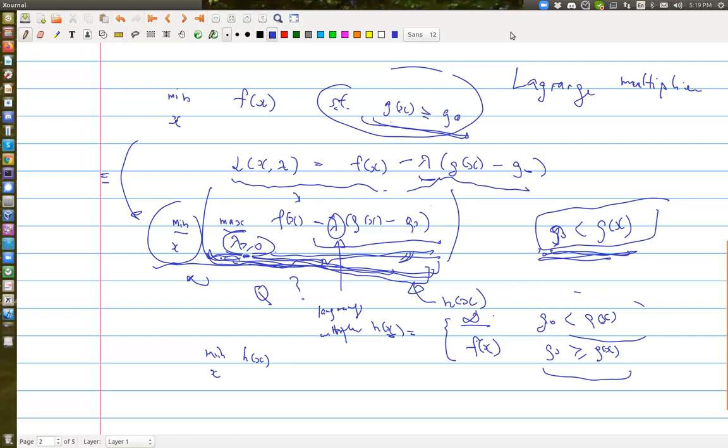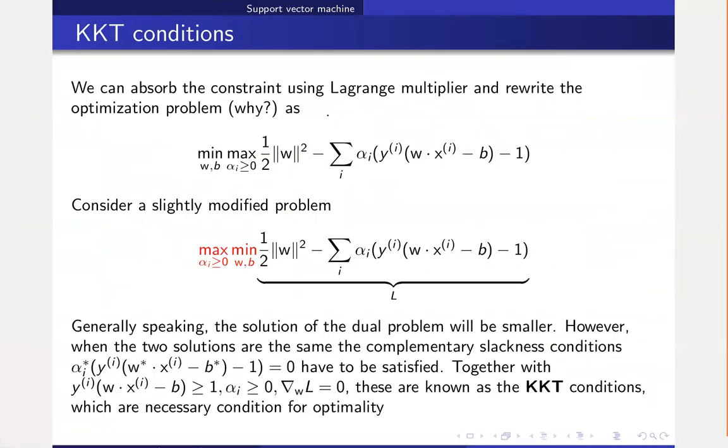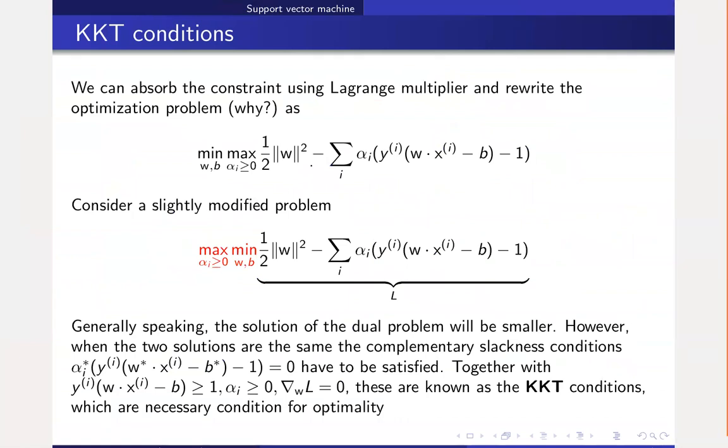So now I can use a Lagrange multiplier. For the problem that we had earlier, we can introduce the Lagrange multiplier. Remember, we do not have just one constraint. Actually, we have multiple constraints here. Let me make sure I put the chart box right down here. So remember here that